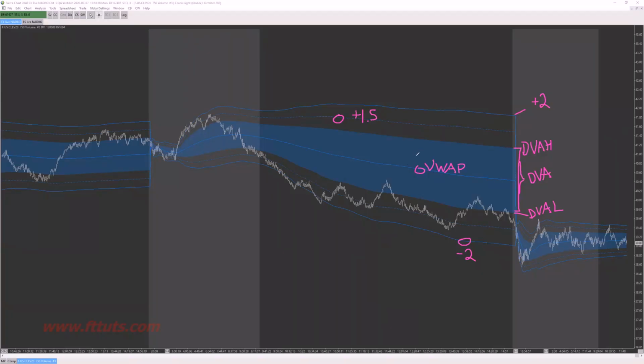Pretty simple. It's developing value area, and then we have the 1.5 and the 2. We have VWAP, we have developing value high and developing value low. It's the same. In a large degree, it's the same. We don't have 1.5s and 2s, but we have a point of control on a CVA. We have composite value high, composite value low. We just don't have those extra, upper 1.5s and 2s. But that's something we're going to add to this just to give us a loose framework to understand how much energy there is.